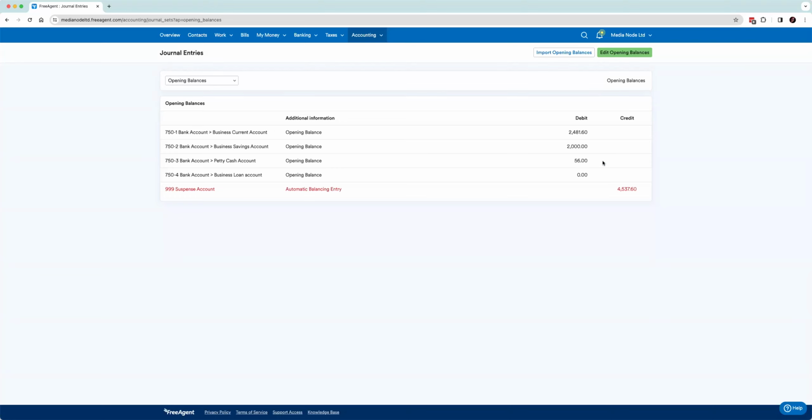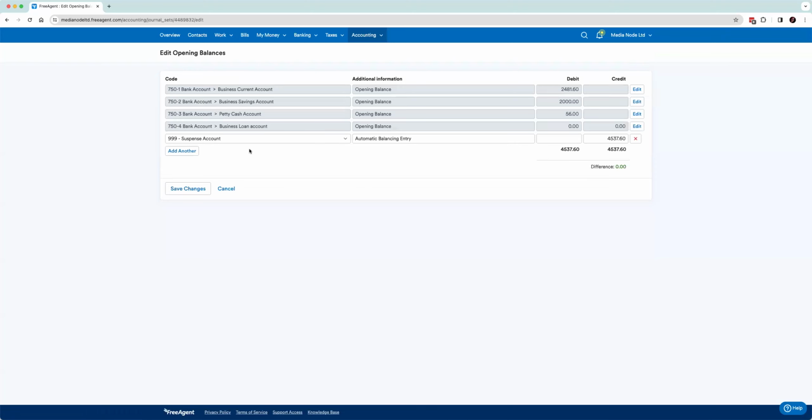Here in my account, you can see my opening bank balances are already there, and there's also an opening balance in my suspense account. This is because FreeAgent knows how much I have in my bank accounts, but it doesn't yet know what my other opening balances were, so it's had to put in a balancing figure for now. I'll click on Edit Opening Balances here, and this then gives me the chance to enter the rest of my